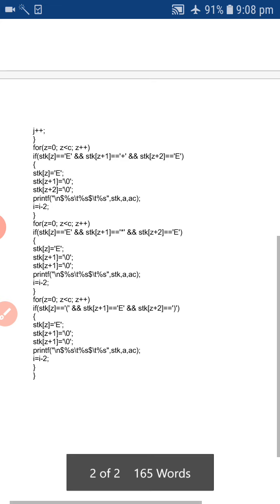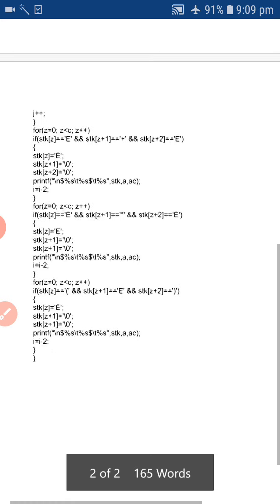Then once again it is checking for push, checking for the next. So yes, stack of z equal to E, nothing but the pushing into the stack, and z equal to 0, z is less than c, z plus plus is nothing but this is the length of the input string.